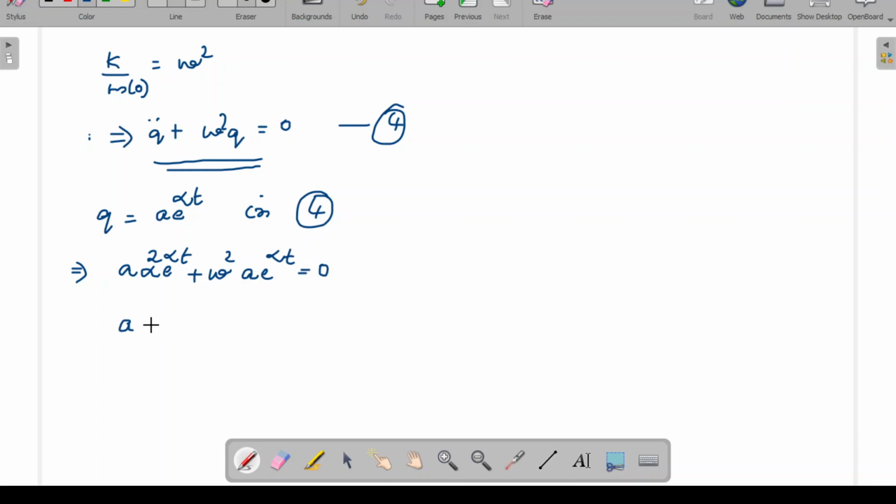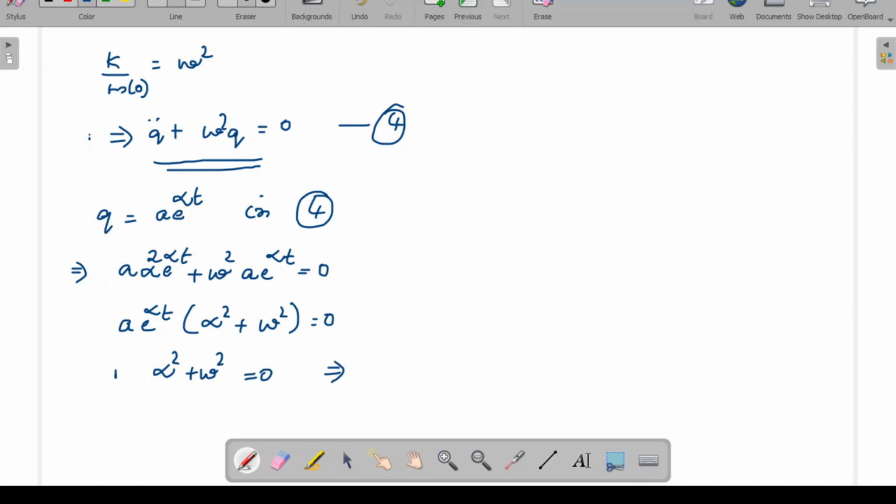A into e raised to alpha t is there in both terms, so the expression becomes alpha square plus omega square equal to 0. This solution, a e raised to alpha t, can never be 0, so the only option is that alpha square plus omega square has to be equal to 0, which implies